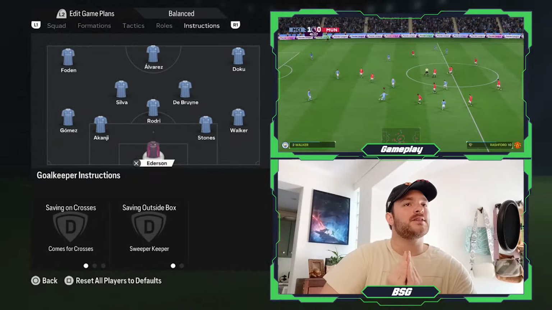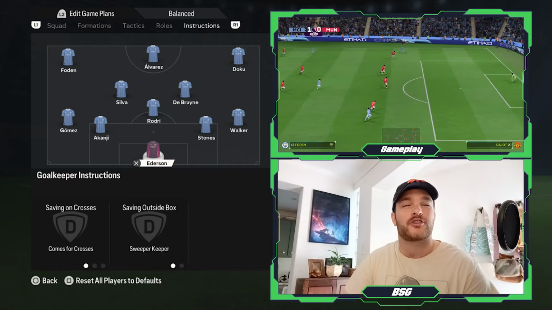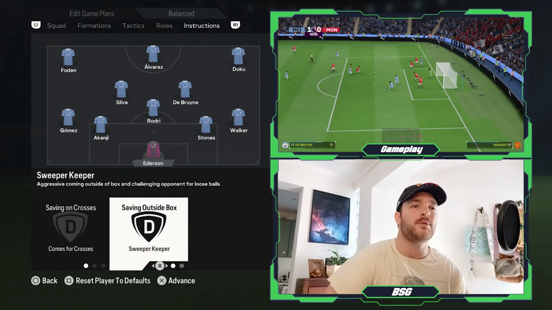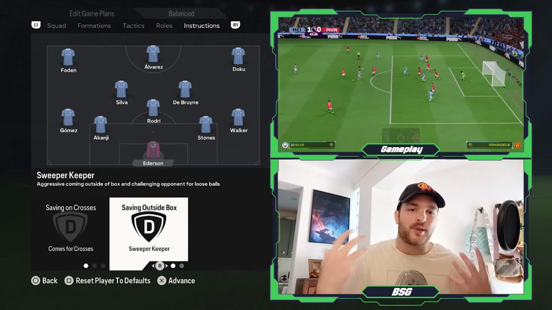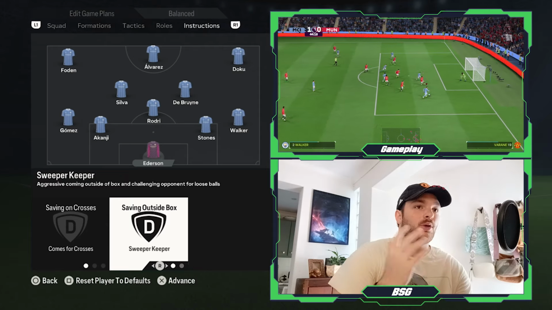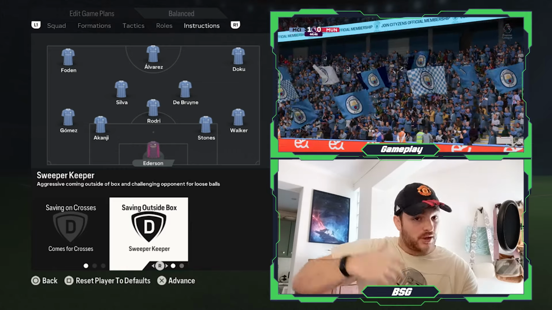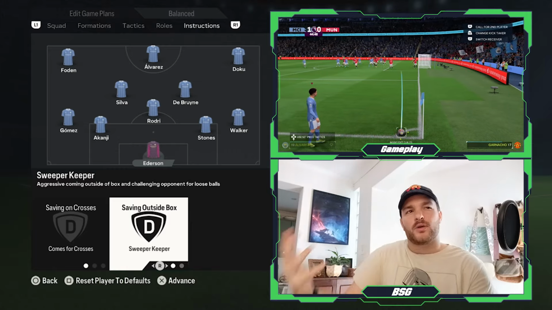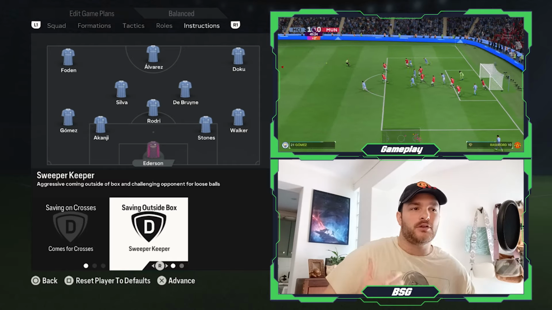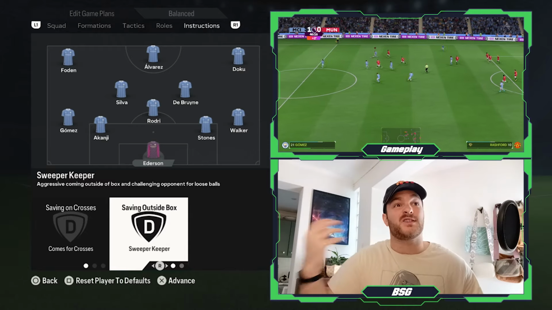Okay, so taking a look at the instructions now, I will say this, they don't overly change too much between the more offensive structure and the balanced one. The likes of Edison will still be set to come for crosses and be a sweeper keeper, of course, using his ball playing abilities to your team's advantage. And from the first season all the way through until this season right here, right now, he has been nothing short of superb. As a more modernized goalkeeper, the ability to play out from the back under pressure, having the ability to ping those passes long, get them in behind for the onrunners, whether it was Sane or Sterling